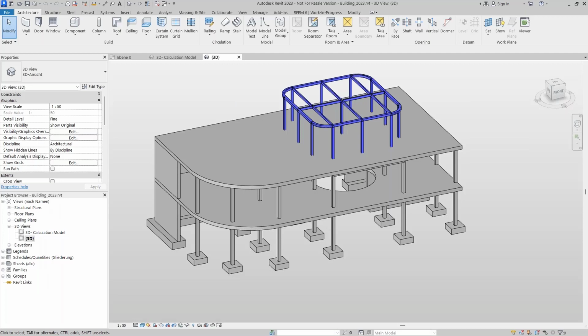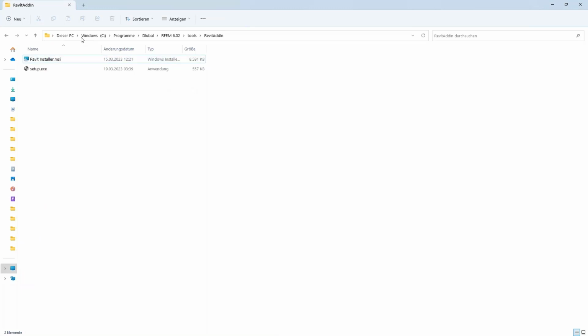The last question is, can I import models from Revit 2023? Yes, the interface to Revit 2023 has recently been released. To use the interface in Revit, the add-on for the export or import must first be installed. I can show you where you can find it in your Explorer under